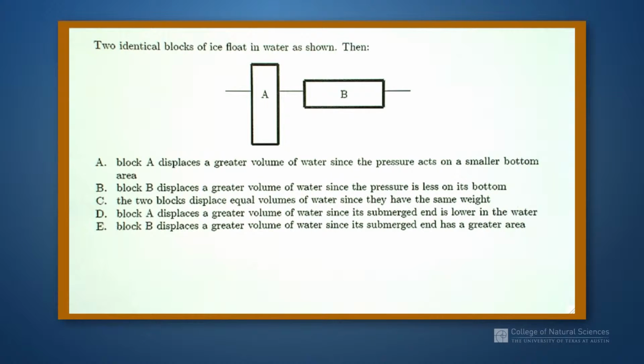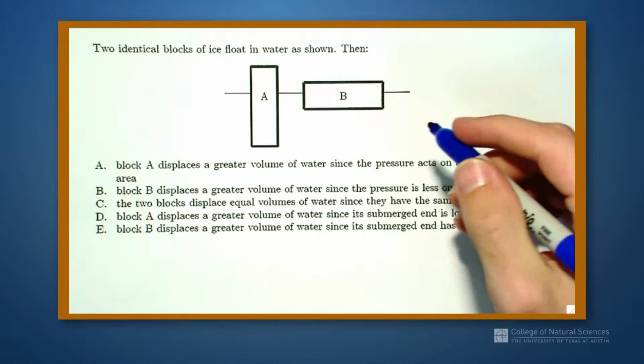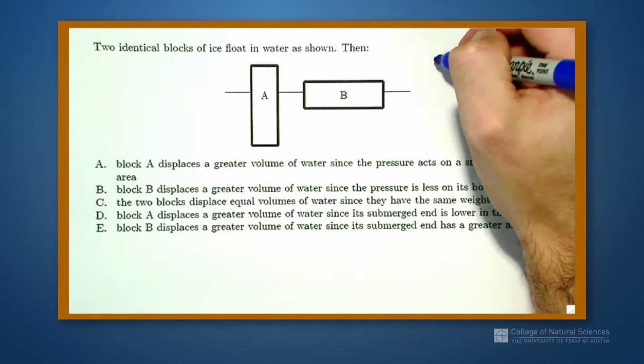This question says that we have two identical blocks of ice floating in water as shown. I want to know something about what's happening. If they're two identical blocks of ice, and I look at this, I'm going to do a free body diagram